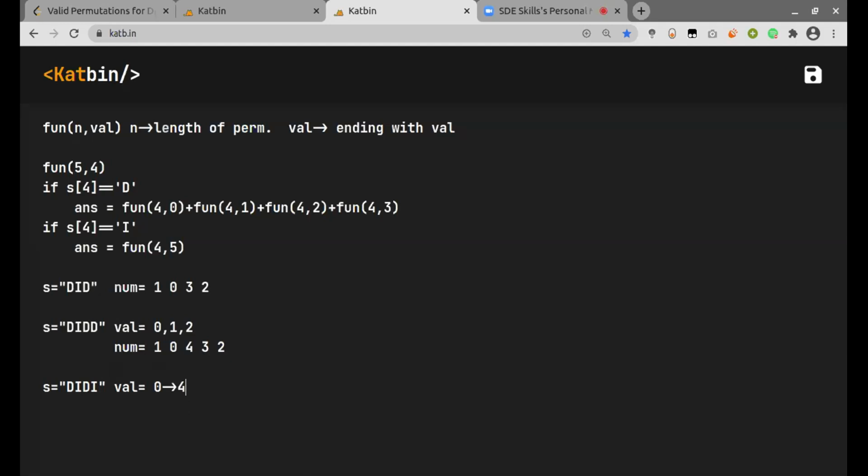For example, if I choose 4 itself, then to add 4 at the extreme right, I can again do the same thing, which is add all the numbers which are greater than or equal to 4 with plus 1. But here there is no number which is greater than or equal to 4. So I can just do this, which is 3, 2, 4. Now we can see this is again an increasing sequence with 4 as the last element.